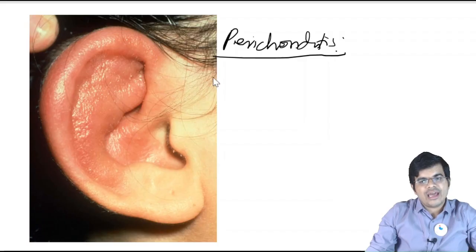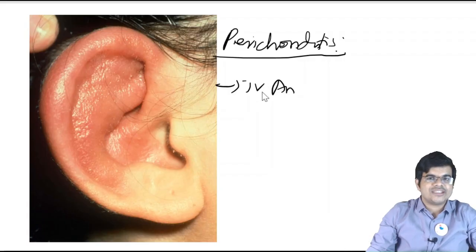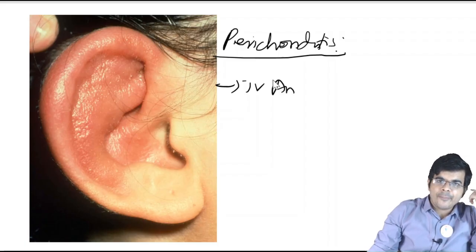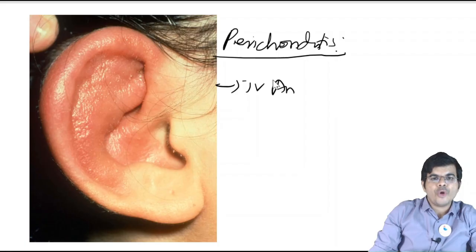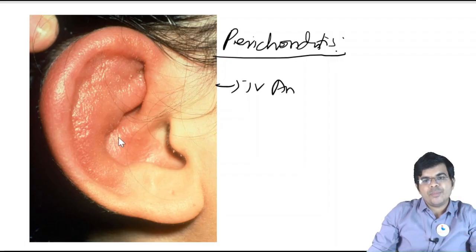And what are the anti-pseudomonal antibiotics? You already know it is ciprofloxacin, which is very effective against Pseudomonas, right? But it is usually given as an oral antibiotic. Even IV antibiotics can be given, but when admitted, it is better to give a more effective antibiotic against Pseudomonas. Why? Because if perichondritis of the pinna is not treated properly and in time, the pinna can get deformed and the shape of the pinna will be lost forever. So to prevent that, you have to admit the patient and start IV antibiotics against